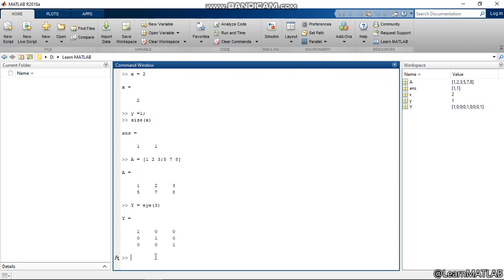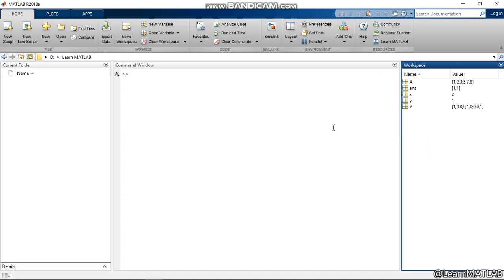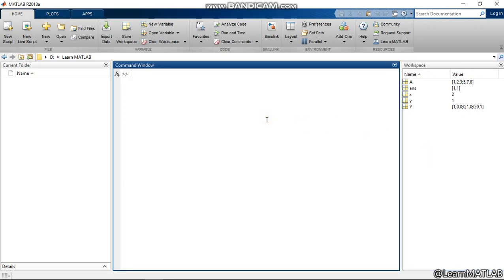And if we want to clear this window, we will just write clc. When we write clc, we can see that these commands have been erased from the command window, but the variables are still there in the workspace. It has not cleared the workspace, it has just given us a clean space so that we can write something.